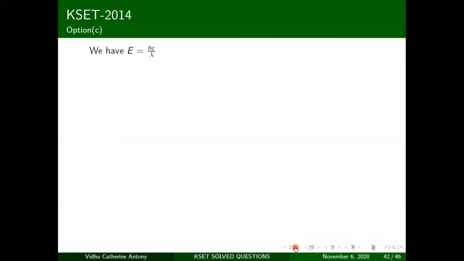Let's start off with this. E is equal to hc by lambda, or most commonly, E is equal to h nu, where nu is equal to c by lambda. So E is equal to hc by lambda. That is pretty trivial. Now what you need to do is calculate the shift. So let's take a small elemental energy value and a small elemental wavelength.